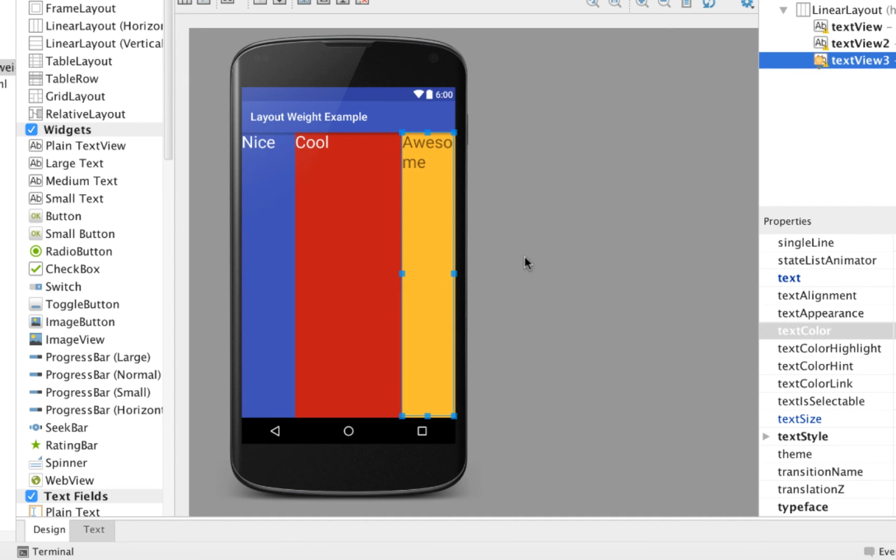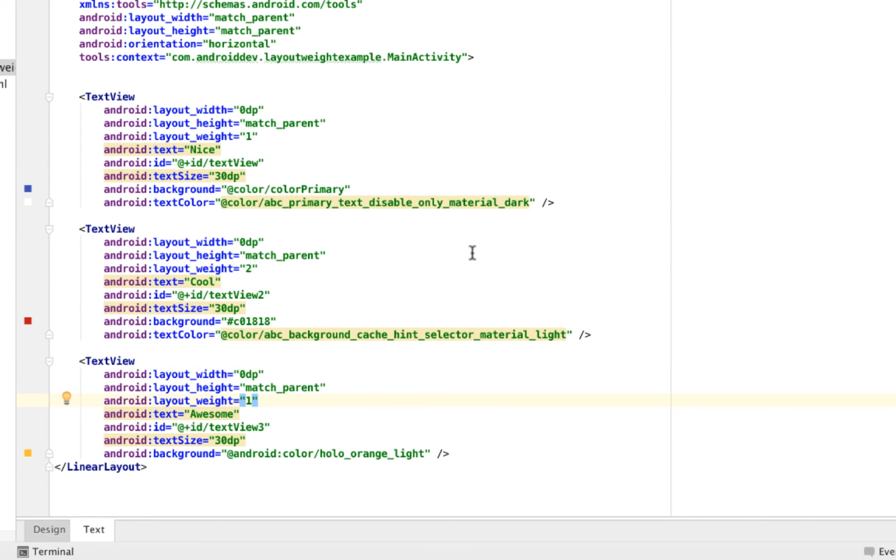Okay, so we now have a horizontal orientation here. So you get nice here, cool, and awesome. So the principle is basically the same for the horizontal orientation. So you now see the power of the